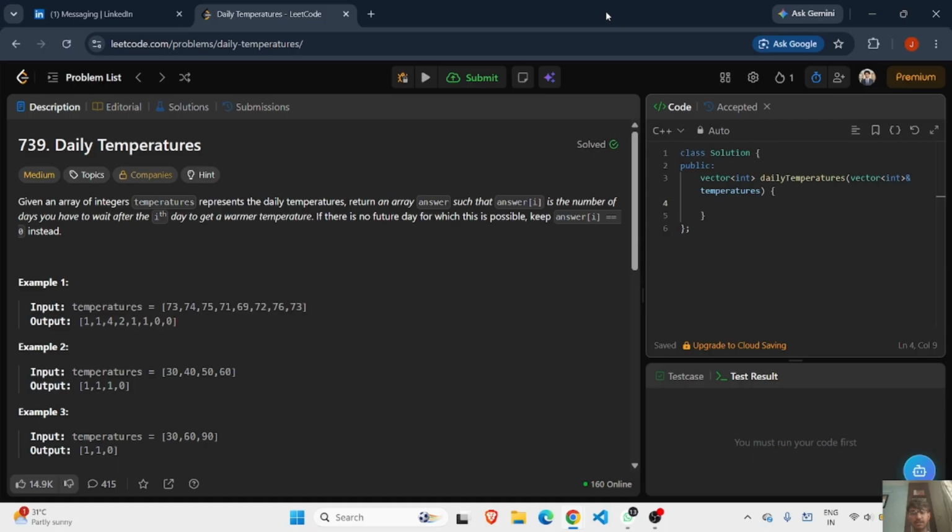For the first day, the temperature is 73. The next warmer temperature is 74, which comes after one day. So the answer is 1. For temperature 74, the next day's warmer temperature is 75. So again the answer is 1. For 75, we have to wait until 76, which comes after 4 days. So the answer becomes 4. The final output is